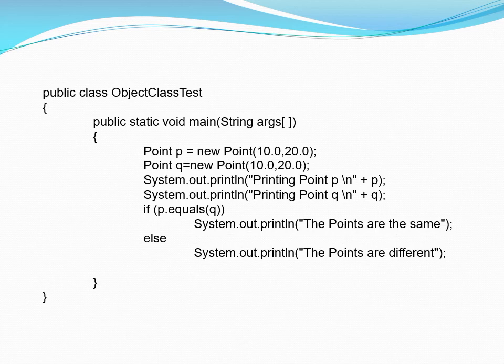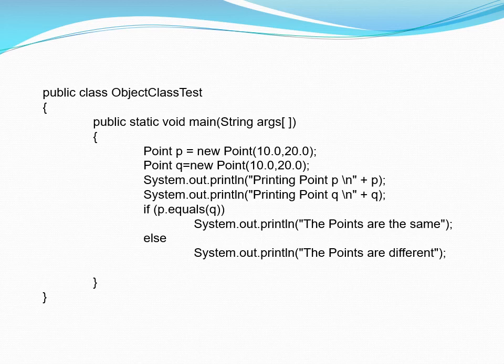Here I have two Point objects P and Q, and you can see they have the same x and y values. Here we are printing point P. If you can recall, the toString method gets executed when you try to print the object as a string. If the overridden method was not there in the Point class, the default execution would have taken place. But we already have overridden the toString method in the Point class, so now the Point class toString method gets executed. Similarly for the second one.